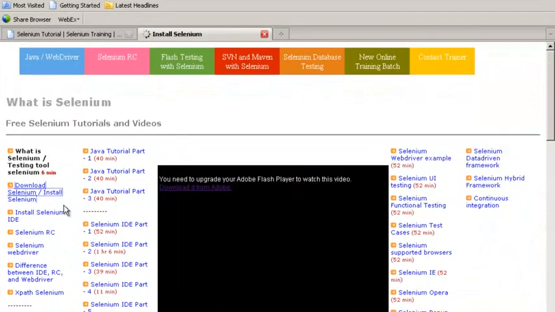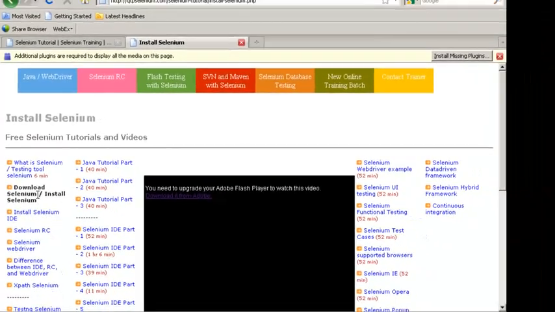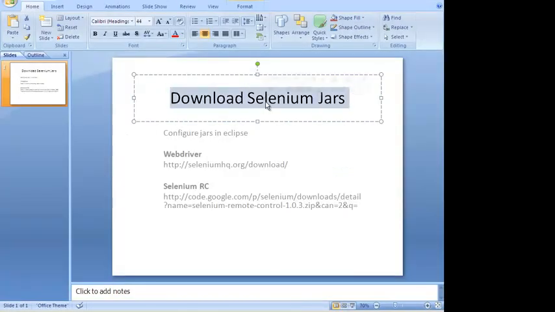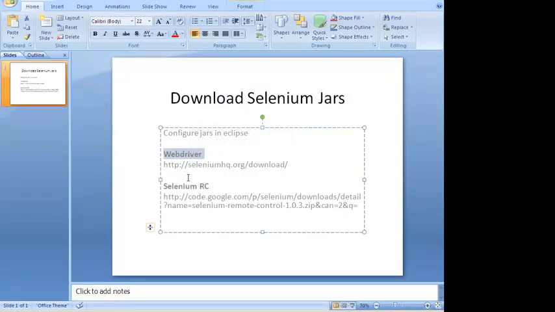In this example, I'll take up the topic of downloading and installing or configuring Selenium. After I have downloaded and configured Selenium, you can also see the example on WebDrivers, Selenium RC over here. Now, there are two aspects. One is configuring WebDriver and the second aspect is configuring RC. RC is the older version, WebDriver is the new version. Fine. So let us look at WebDriver first.